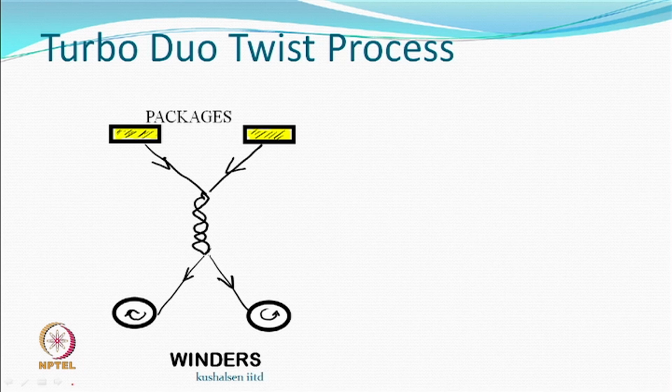This process is called turbo duo process. So, what this process is doing is, there are two packages, package number 1 and package number 2, which are the packages which are untwisted, untextured feed yarn,